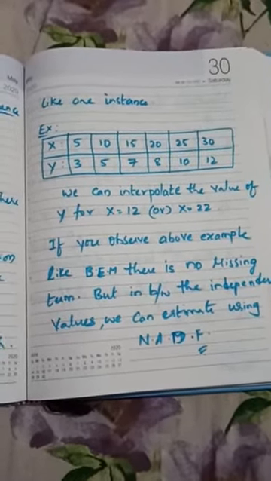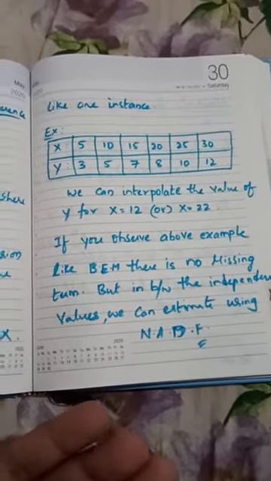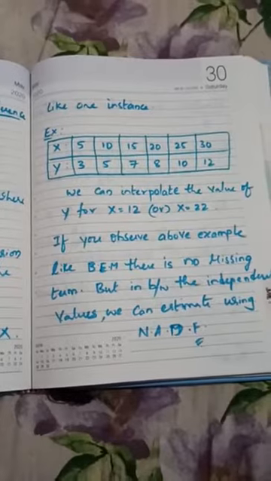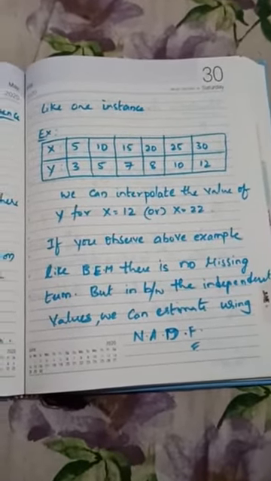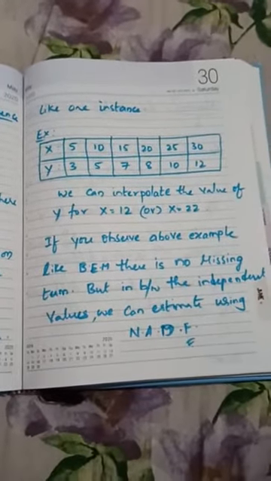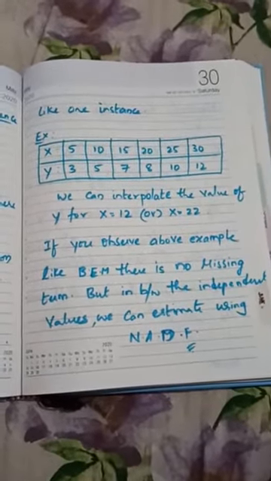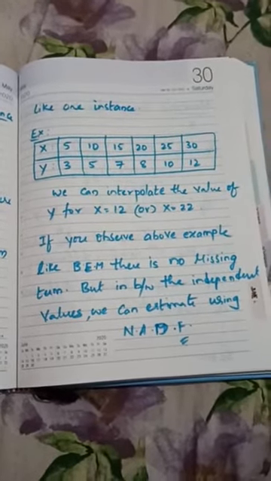Here x is also unknown, because the value is not in the table. 12 is nowhere found in the given information; it comes in between 10 and 15. We want the value of y for 12. You got my point? So we can interpolate the value of y for x equals 12,